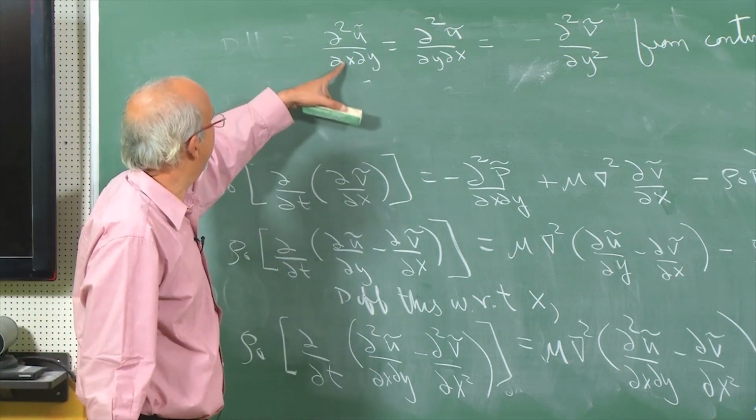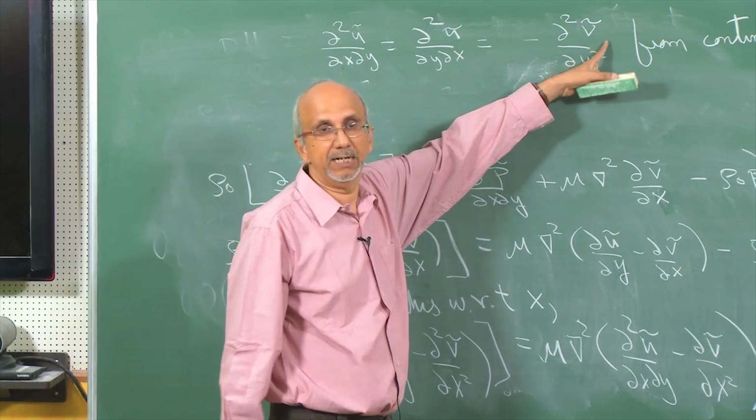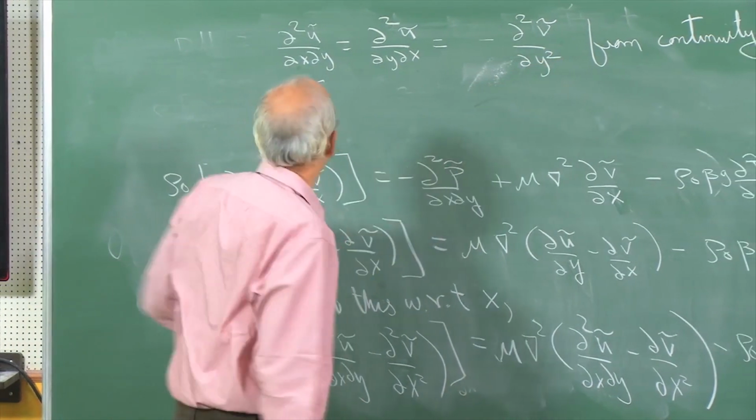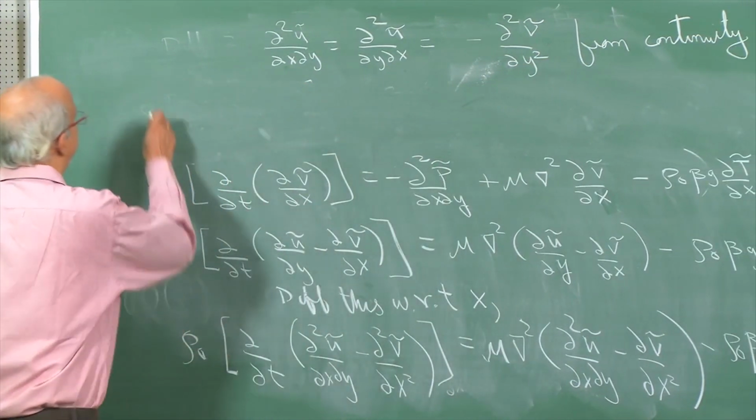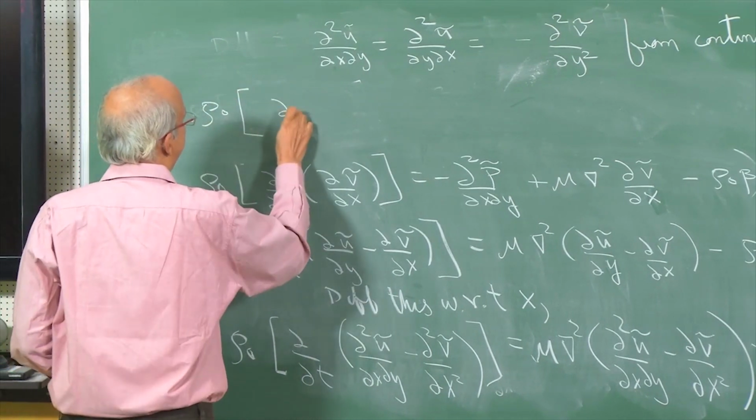So, wherever I have the mixed derivative of u tilde, I am going to substitute it with the second derivative of v tilde with respect to y, and that basically gives me rho naught multiplied by d by dt